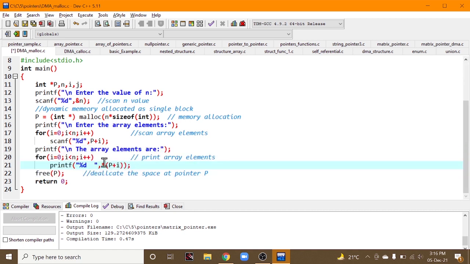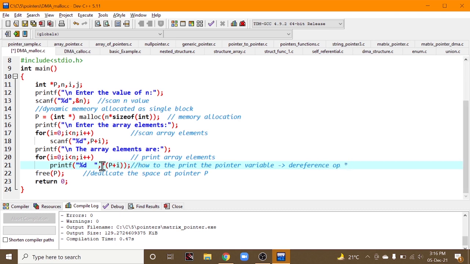If you directly print p or p plus i, why have we used p plus i? i was initially 0, right? That's why we want it from 1. And how do we print the pointer variables? Using the dereference operator, nothing but star.